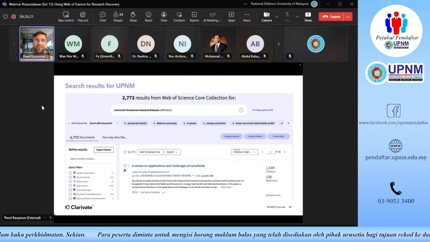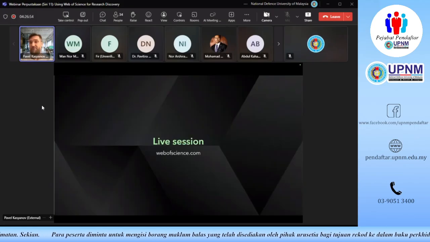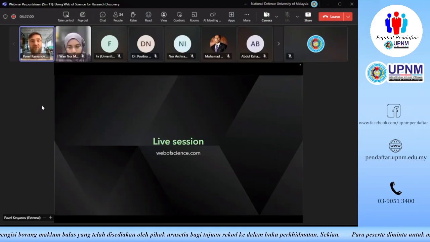Okay, so for today's conversation, let's talk about these 2 groups of use cases. One is going to be the discovery search or the topical search. And number 2 is I'm going to show you a few things that we can play with in UPNM research results and how we can interpret them. Okay, so that took me approximately 45 minutes to talk, and I would think that the next 45 minutes we'll try to spend in the live session of Web of Science.